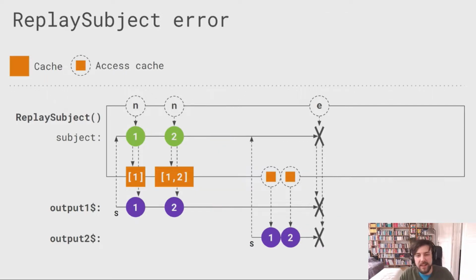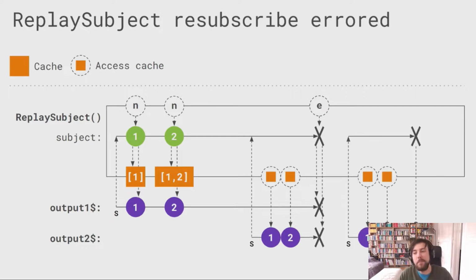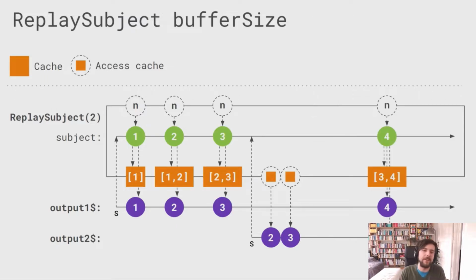Of course, maybe there is also an error, but an error is also part of the life of the replay subject. So you will also re-emit the 2 values and the error. But sometimes you want to restrict it a little bit and you don't want to cache every single value, but just a slice of the history of this subject. In this case, you can add a parameter that is called buffer size. And here I set the buffer size to